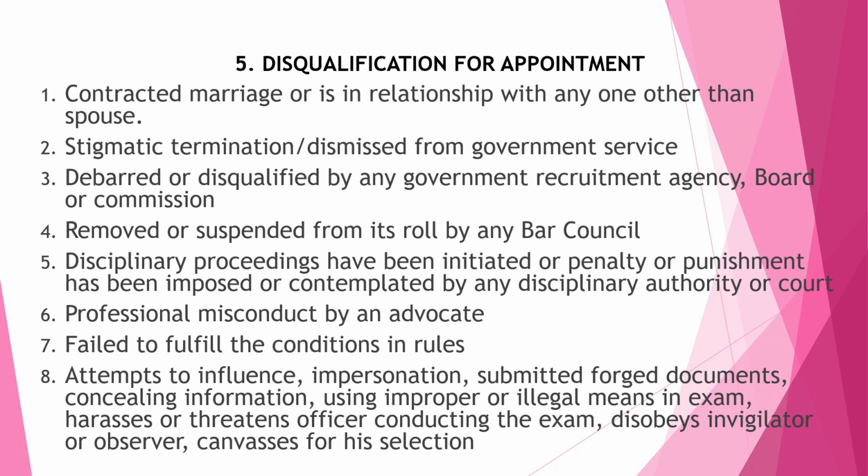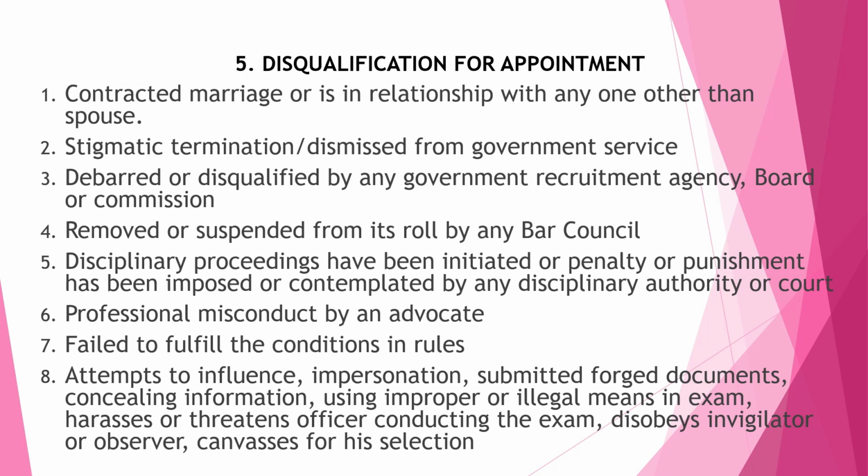Fifth is disqualification for appointment. The following are the disqualifications for appointment. A person has contracted marriage or is in relationship with anyone other than his or her spouse. If a person has been terminated or dismissed from government service, if a person has been debarred or disqualified by any government recruitment agency, board or commission, or if aspirant has been removed or suspended from its role by any bar council, or if disciplinary proceedings have been initiated against an aspirant, or penalty or punishment has been imposed or contemplated by any disciplinary authority or court, and if there is a professional misconduct by an advocate,